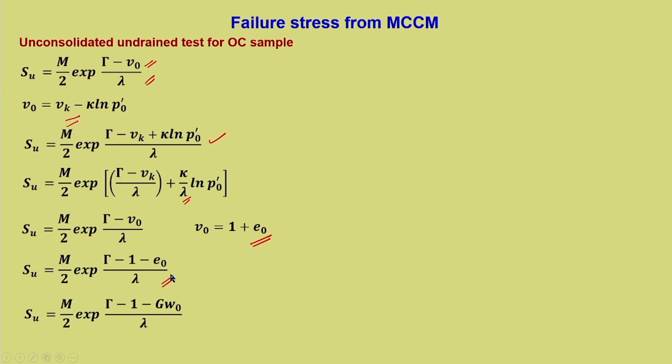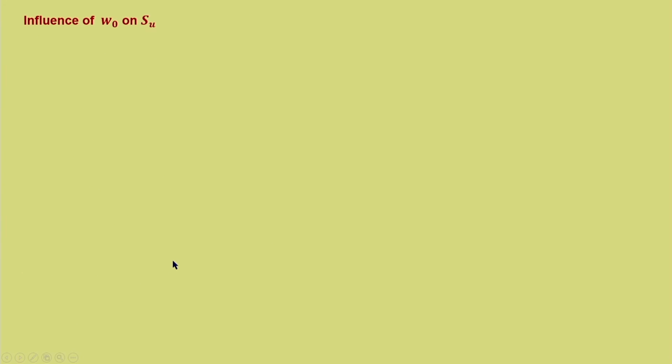And what is E naught? E naught can be substituted as G into W naught, because S R E equal to G W is equal to S R into E. So, based on that, SU equal to m by 2 exp gamma minus 1 minus G W naught upon lambda. So, let us try to understand why we have done the previous expression: to understand how much is the influence